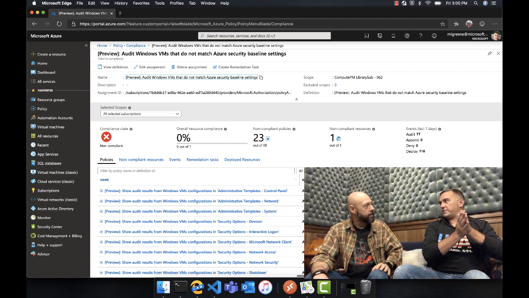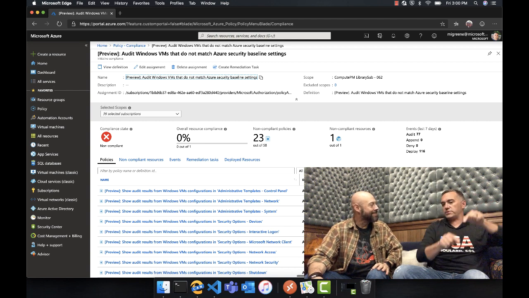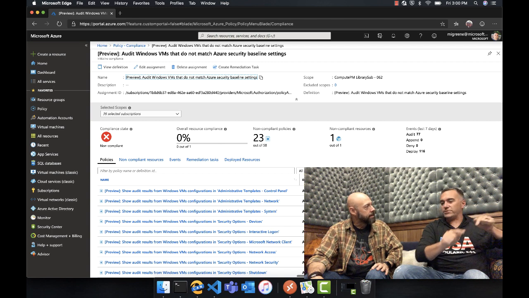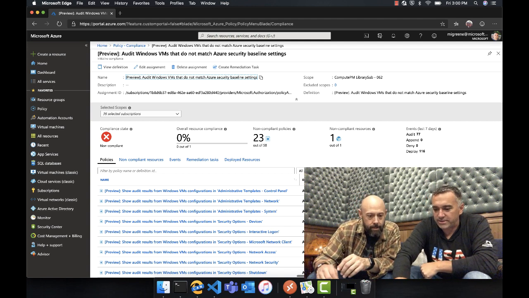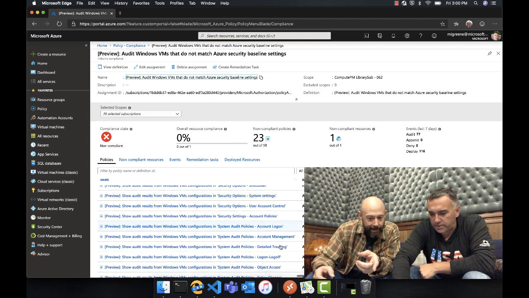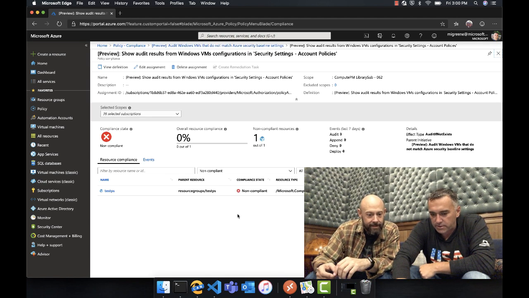So remember again, Group Policy Editor Console, like there was the expand and you got each of the areas and you open each of those. We have a different definition for each section that was in the group policy object editor view. So that's what we're looking at when we go across these. So things like control panel, network, system, devices. Okay. So if I go look at, let's say, security settings, account policies, and I can say I've got this one test PS, and if I go look at view compliance details,